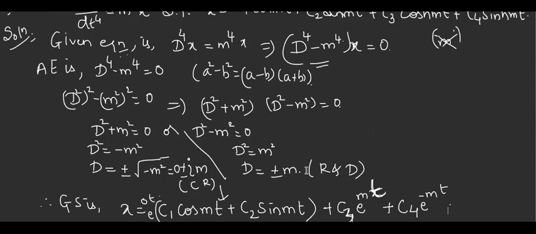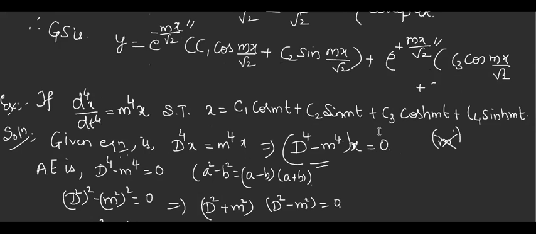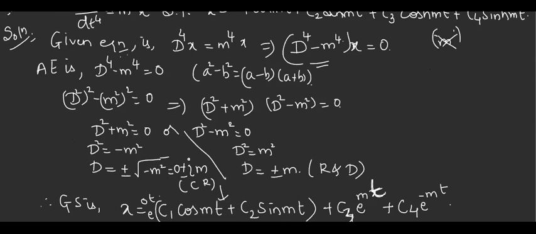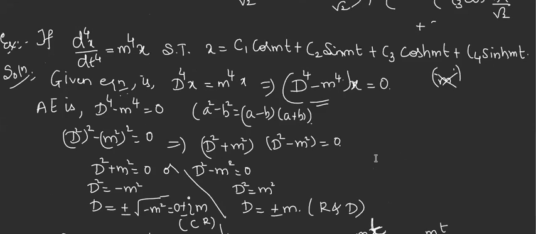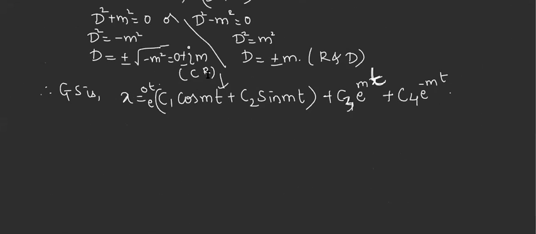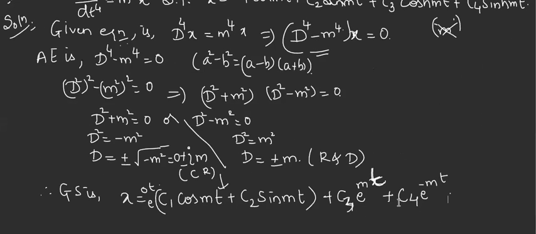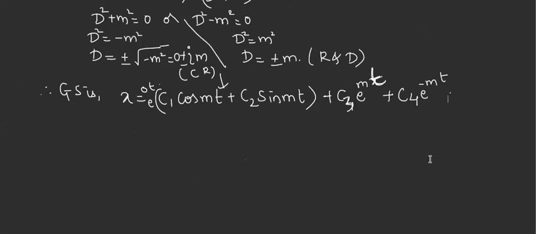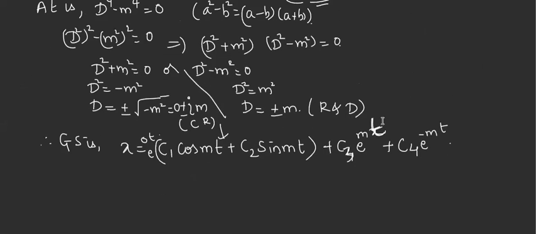This is what we are getting as the general solution, and this is what is asked. Are they matching? No, ma'am. Where is it different? It is the hyperbolic function. C1, C2 are the same, but you have exponential here and here it is hyperbolic. So what has to be done? You should convert exponential in terms of hyperbolic. They have asked us to prove it. So for that, we'll use some relation.